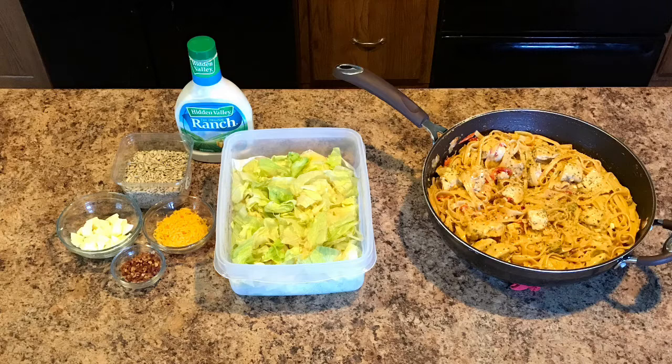Then I added in about 1 to 2 teaspoons of my Cajun seasoning to these vegetables, stirred it around, and then added in some heavy whipping cream that I had left over from the previous dinners, as well as half a can of crushed tomatoes. I let these simmer together on low, and then added in my chicken with the drippings that I had left over from Tuesday night. I let all of this simmer and cook together on low heat while I prepared my